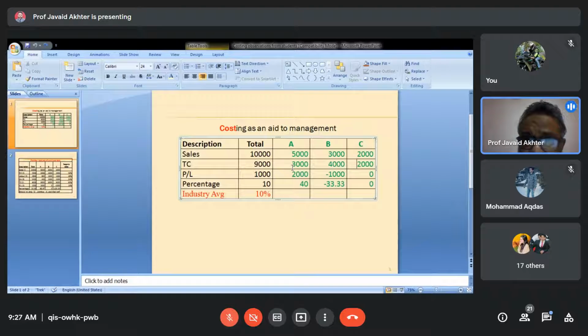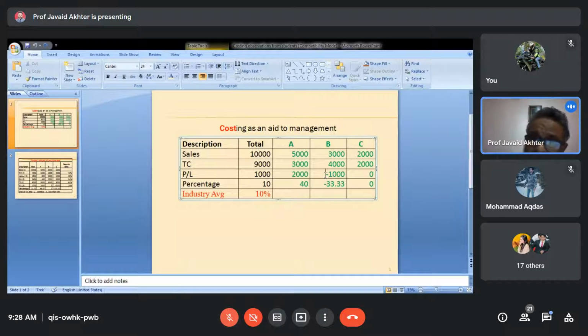So when the total cost is subtracted from the total revenue, you get profit. It is generating a profit of rupees 2,000 from product A. It is suffering a loss of rupees 1,000 from product B, and it is neither making a loss nor profit from product C. So what is the conclusion? In conclusion, it is making a profit of 2,000 really, not a profit of 1,000 as reported, but this profit has been set off because of the losses in product B.